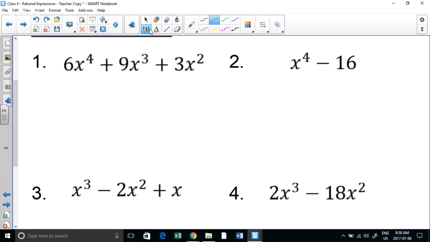So your first, like I said yesterday, your first line of defense is GCF factoring. So here I'll GCF factor. Of these, I can remove a 3,